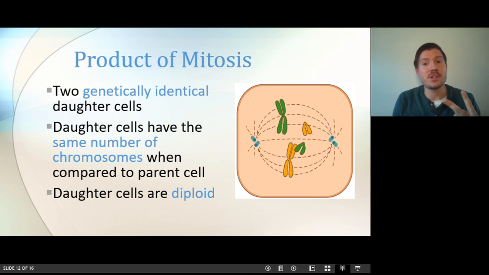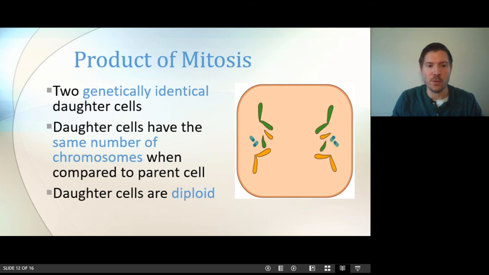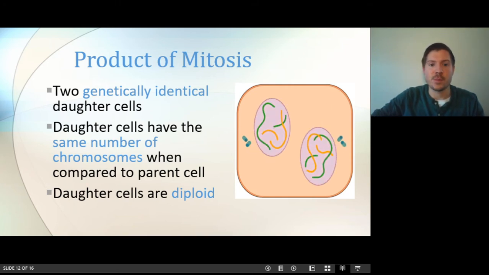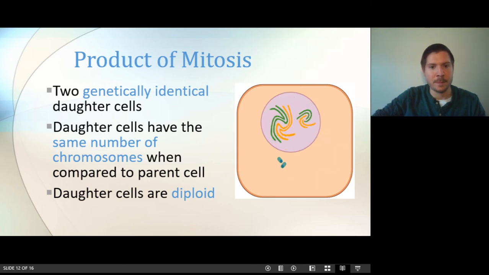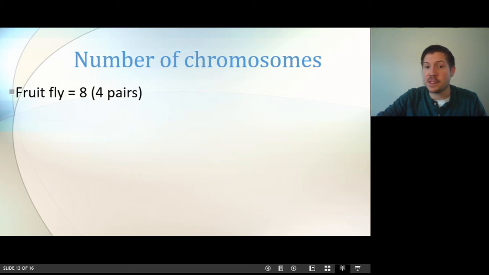It'll have 2 copies of chromosome 2, 2 copies of chromosome 3, 2 copies of chromosome 4, and so on. Right? So that's what diploid means, as opposed to haploid, where a cell only has 1 copy of a chromosome. The number of chromosomes varies dramatically in different species. You should know that humans have 46 chromosomes, or 23 pairs, but different species have different numbers.